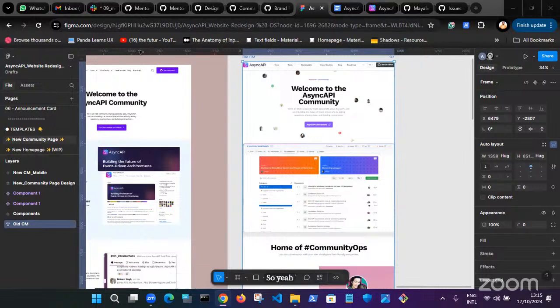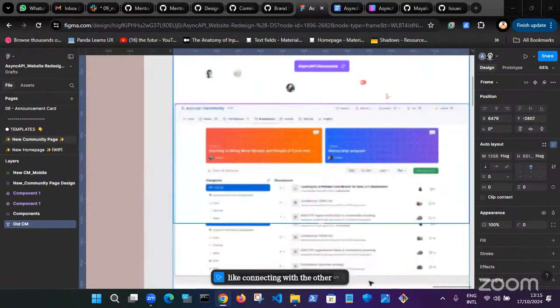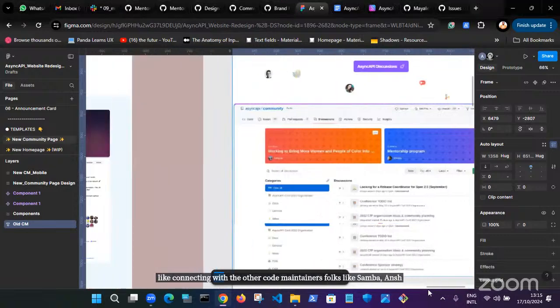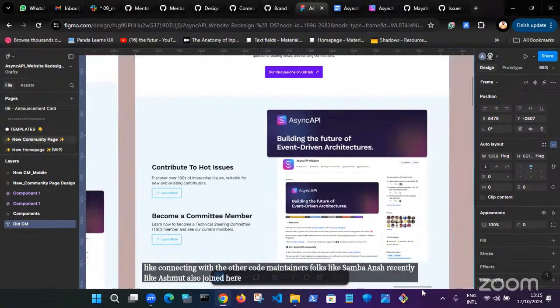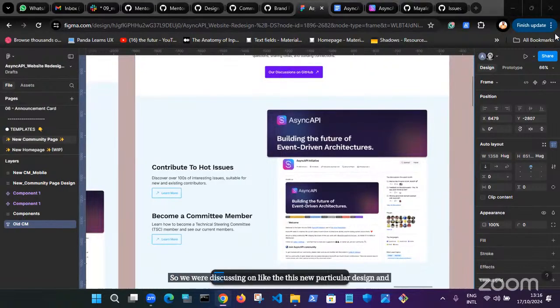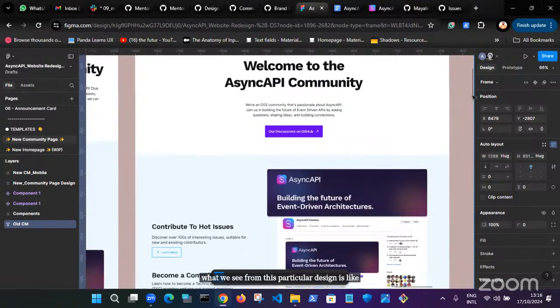I was connecting with the other code maintainers, like Sambhav, Ansh, and recently Ashmit also joined here. We were discussing this new design, and one of the things is, Maya, what we see from this design is that we are somewhat changing the theme of the website.